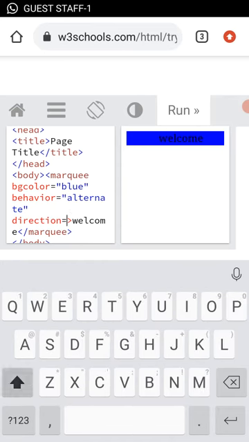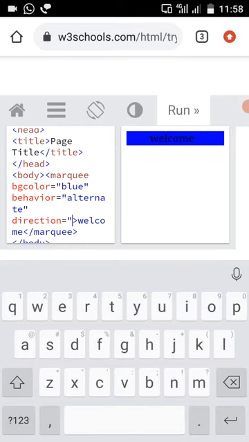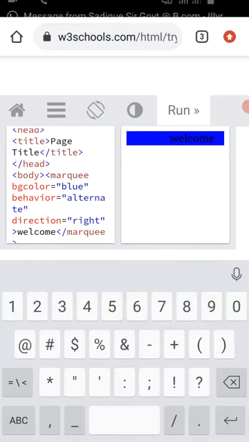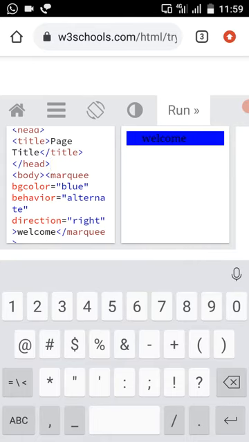At that time I'm going to use a direction towards right, so that's why I am using the right attribute here. Whenever we apply right as the direction, the text is going to scroll or slide from left to right. Let us look into the output now.